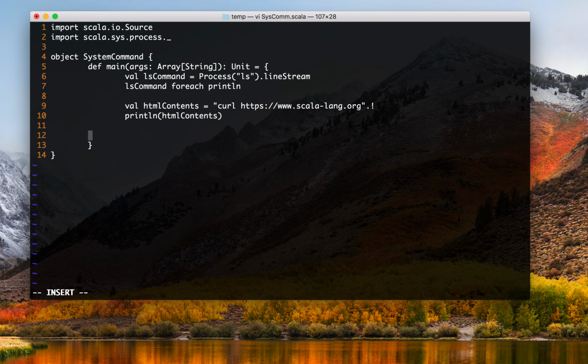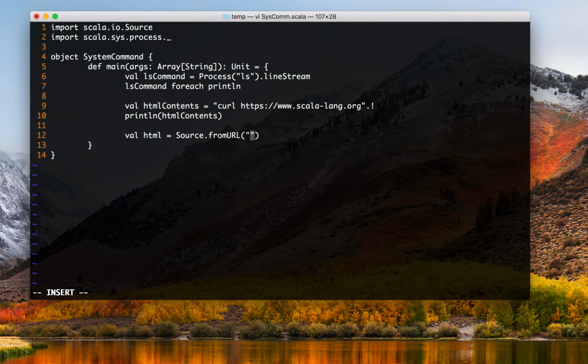If you want to try the same thing, instead of printing, maybe make a string and try to print this string. Let's see what happens. That one, well, html is equal to, okay, this time I need Source.fromURL, because